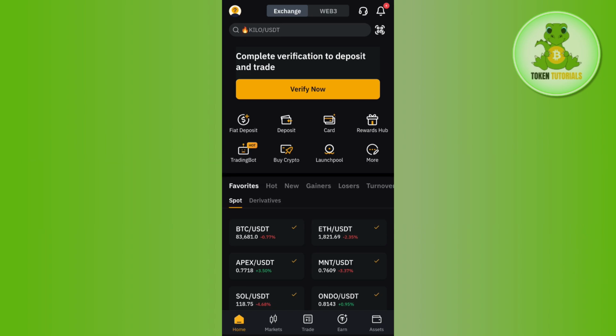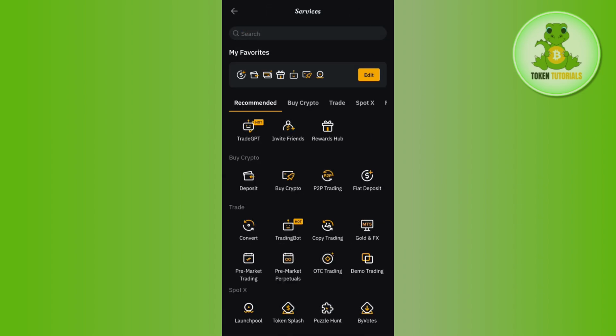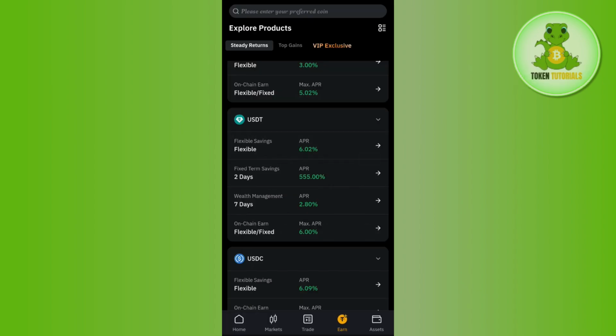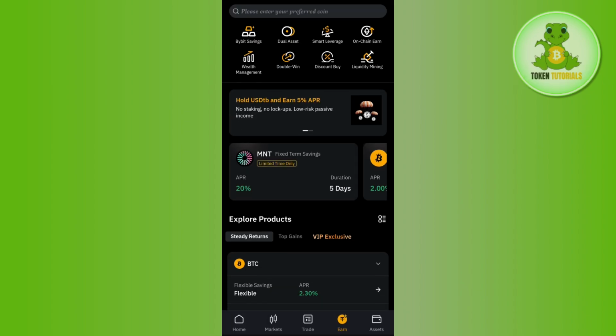All you have to do is to simply open your BYBIT app, and here on the home page you will see more tab. So tap on more, and in the services you will see this finance tab. So tap on finance tab once, and in the finance tab you will see the first option that says BYBIT on. So you will have to simply tap on it, and then you will be landed on this page